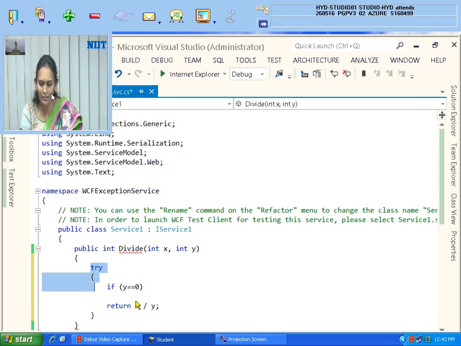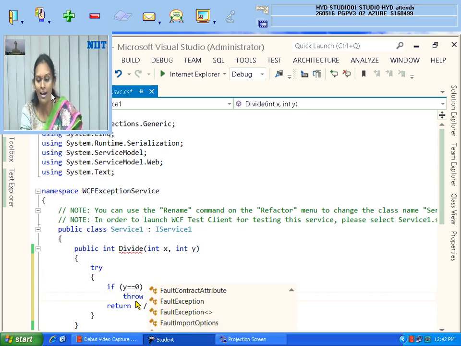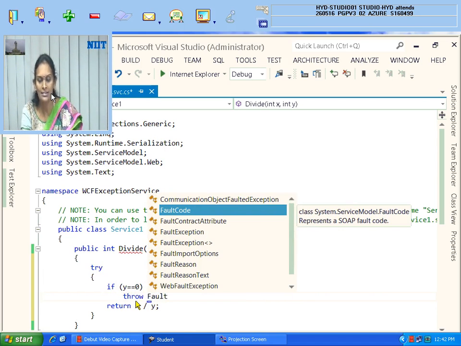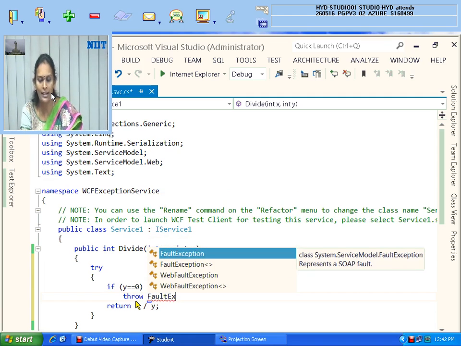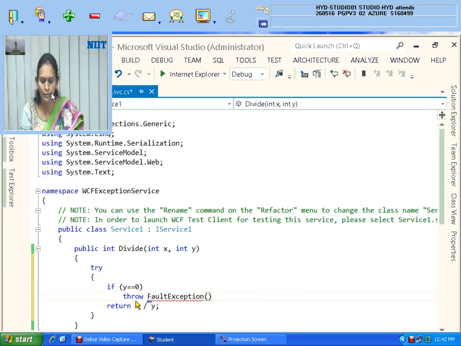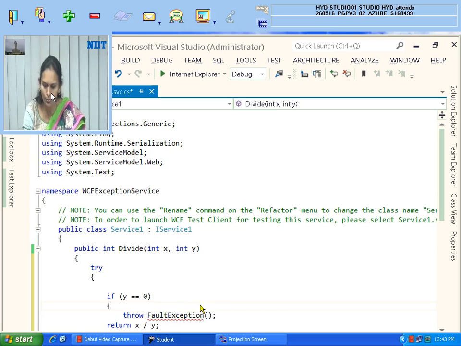You can directly say throw FaultException, a predefined class to send some information to your client. Like DivideByZeroException, there is FaultException. Let me tell you what I have to give here, but before that I need to tell one more thing. I made a mistake, you people did not observe.